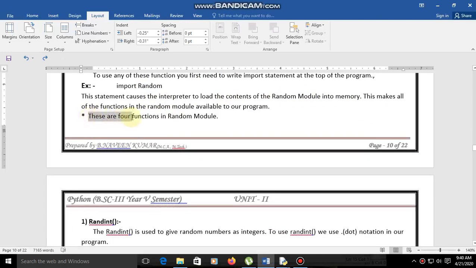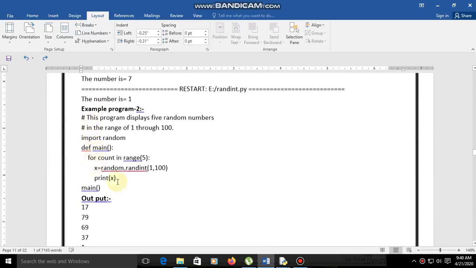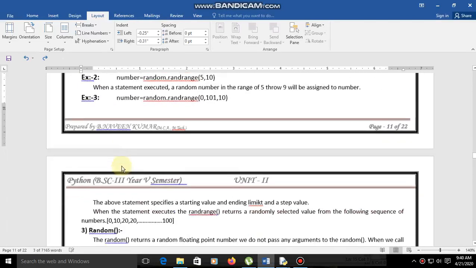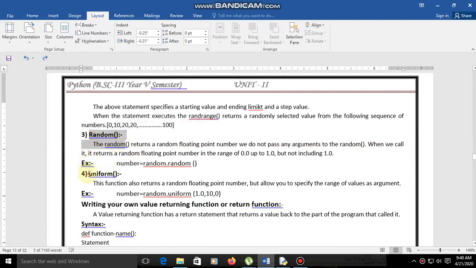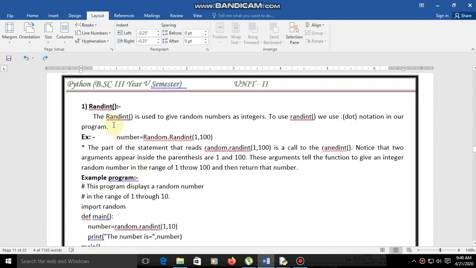Then these are the 4 functions in the random module: one is randint, next randrange, third random, and fourth uniform, right? So see the randint. The randint function is used to give random numbers as integers. To use randint, we use dot notation in our program.